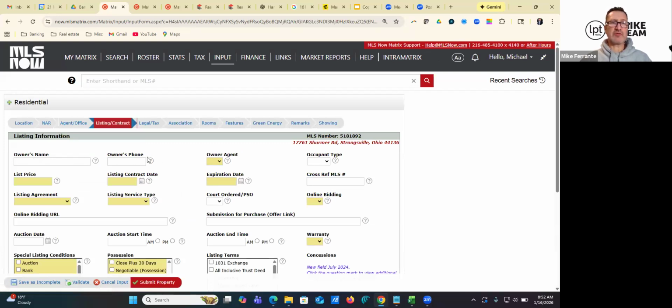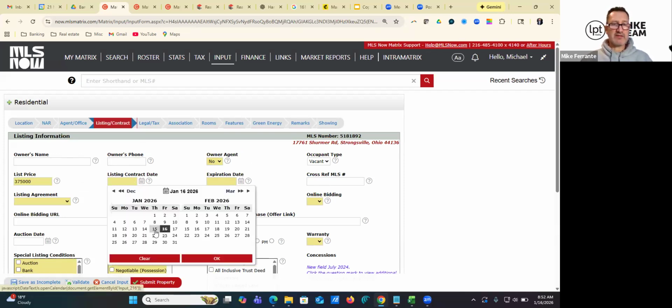I don't like putting the owner's name here. You can find that on public records. This is a couple fields that I do not suggest you fill in necessarily. This is not an owner agent. It's vacant land. Our list price for this to-be-built home is $375,000, and our contract date, the list date was